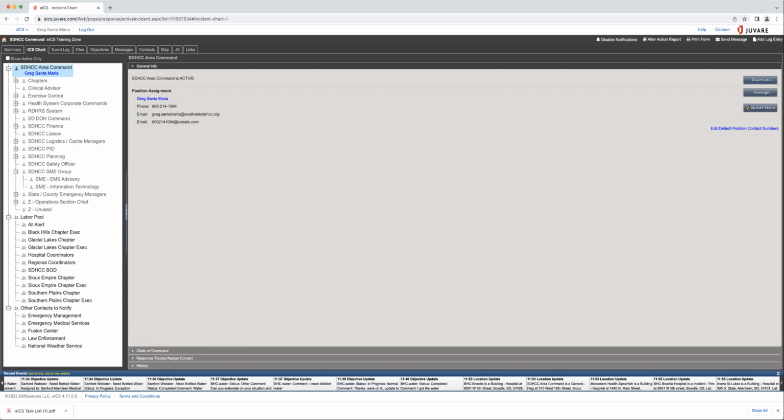Now, the other thing that I will make clear is that if you need to add people to your own domains, that's on whoever your person's admin is for eICS. So we don't manage the domains for the facilities. We only manage the domain for the area command and the SDHCC area command. So if you need to add people in for your drills, this is the time to do it. Go into your own